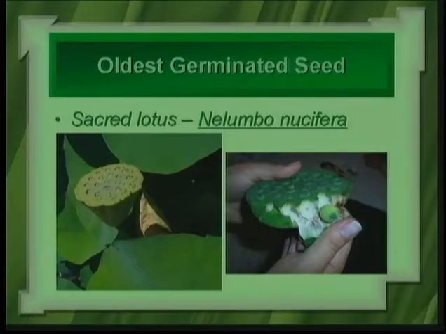So if we can go back to here, when we were looking at the flower, this part here, which is a fruit, of course, develops from the ovary, because you remember a fruit is a ripened ovary. And what is the ovary? It's one of the structures or part of the pistil, and the pistil is the feminine or female part of the flower. So here we have a fruit of the lotus, and if somebody is taking it apart, here's a